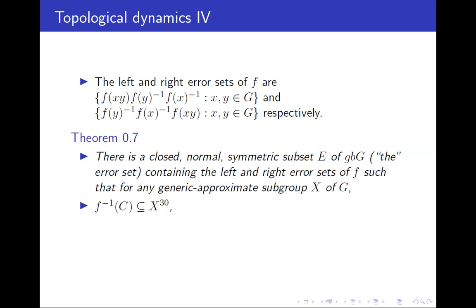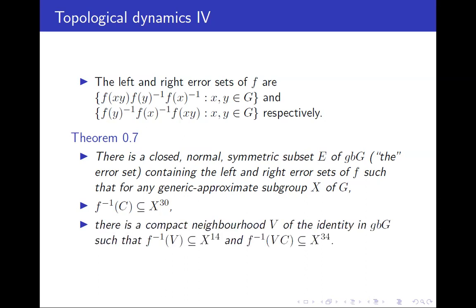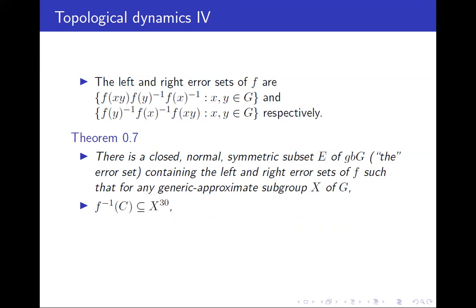Okay, that. This should also be... There's a compact neighborhood V of the identity in G. Yeah, so by the way, let me say something. If you have, on general grounds, suppose F were a homomorphism